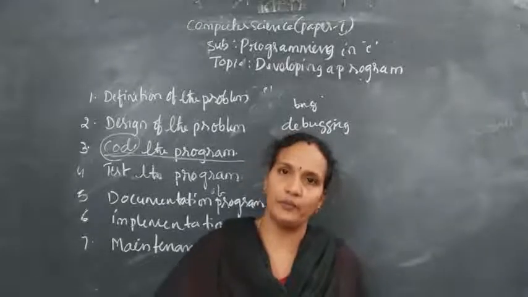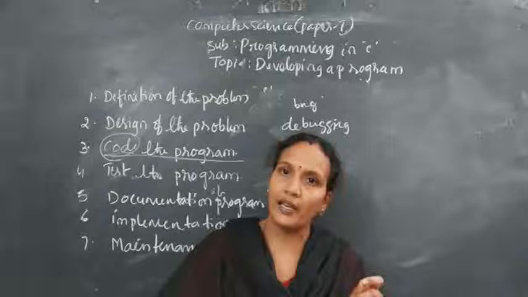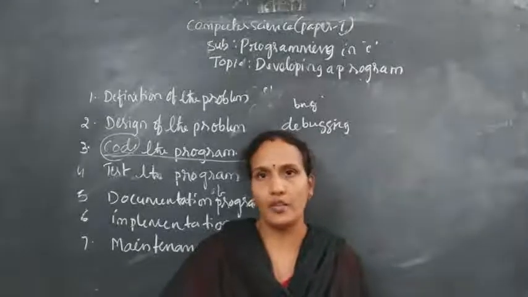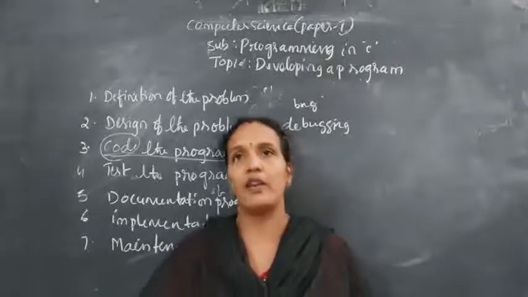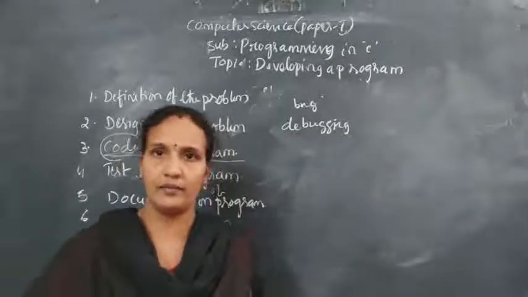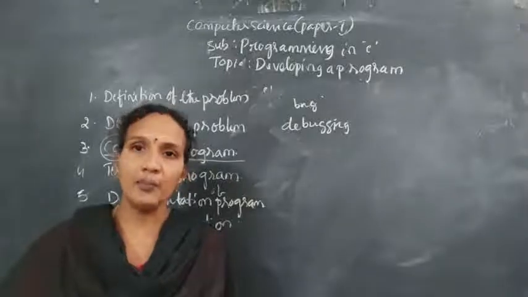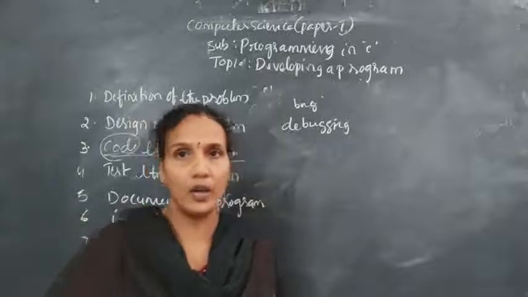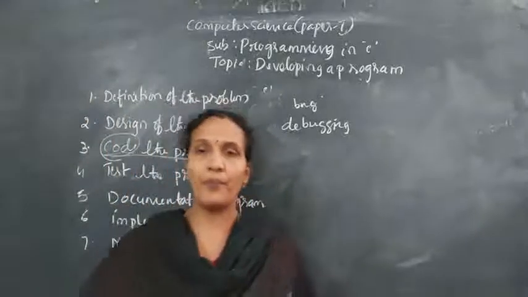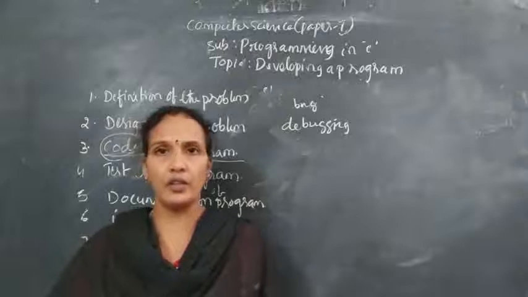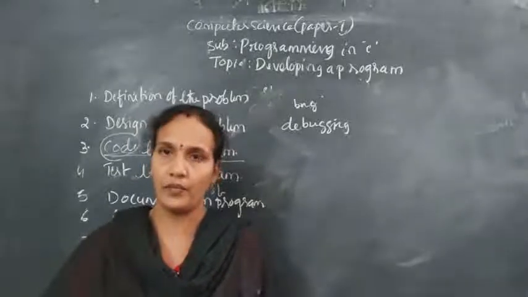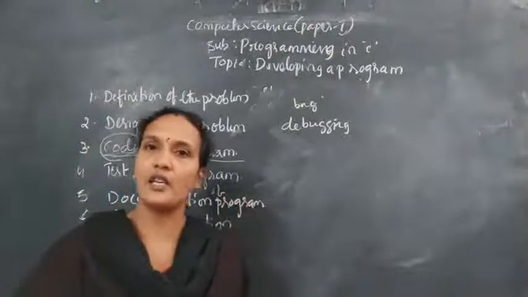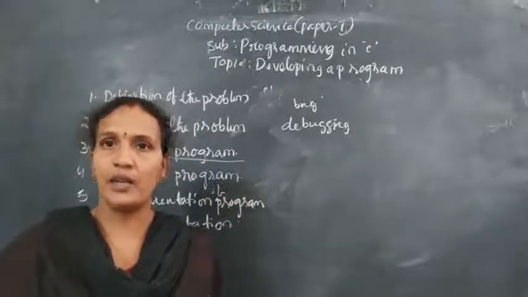Clear? So for every program, each and every step, you need to explain. That explanation process is called documentation. When you are writing a program, for each and every step there should be documentation. It will give a clear picture of your programming: what is going on inside the program, what the purpose of the program is, what the logic of the program is, how many inputs you have used, and what the expected output is. Everything you should mention inside the documentation. That is the fifth step, documentation. Each and every step you should clearly explain in the documentation.